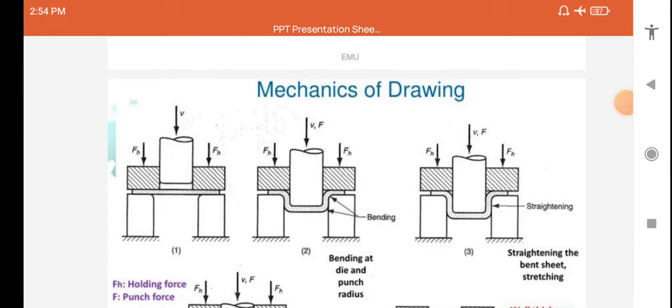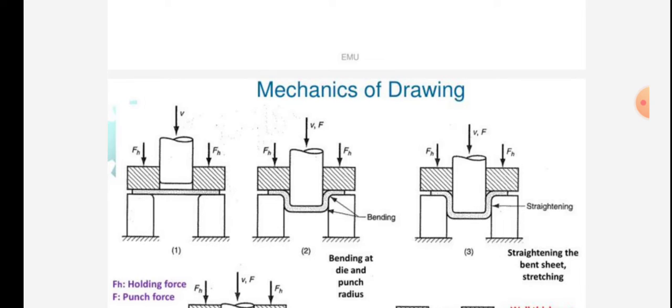Welcome back, friends. We are studying the subject manufacturing process. In manufacturing process, we are studying the topic metal forming, sheet metal forming process, and in sheet metal forming process, we are studying the mechanics of drawing. In the drawing,